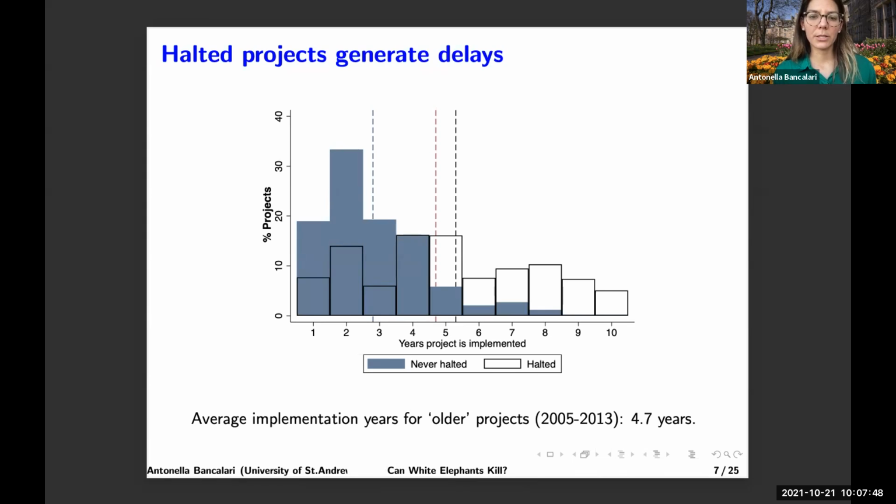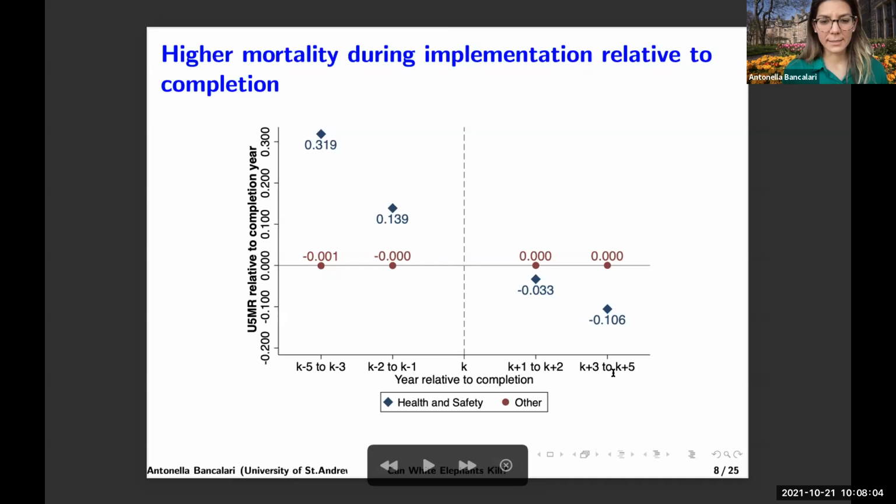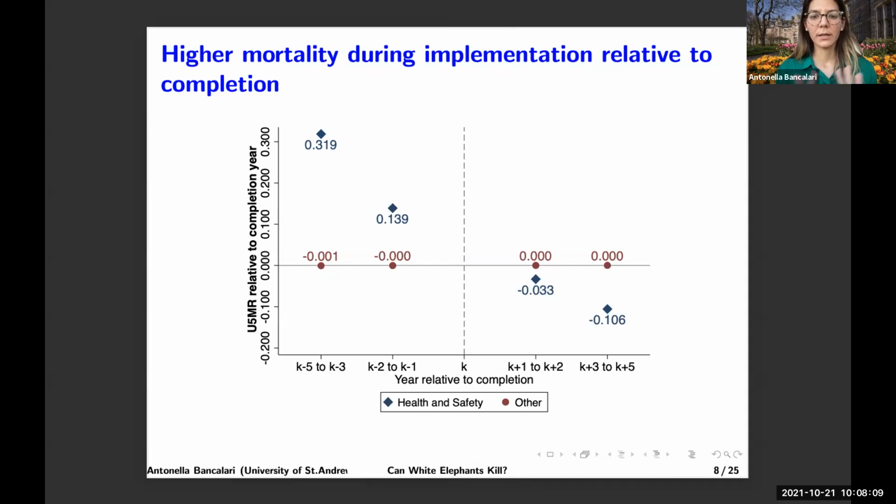So we have to consider these implemented projects as those experiencing faulty implementation. And this faulty implementation of infrastructure is not typical only in Peru. It has also been highlighted in the literature. So this graph here motivates essentially the whole focus of the paper. What I'm showing here on the x-axis is the year relative to the year of completion K of a given project, keeping only for this descriptive graph the sample of projects that were ever completed. And then I'm matching that to the district level mortality, which is shown here on the y-axis, essentially as a residual of a district and year fixed effect.